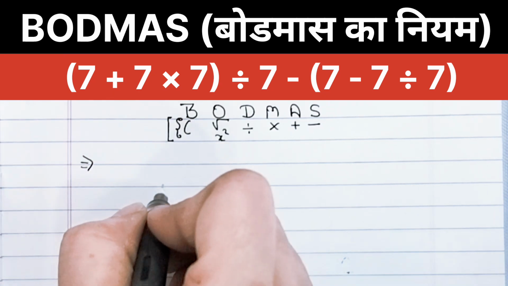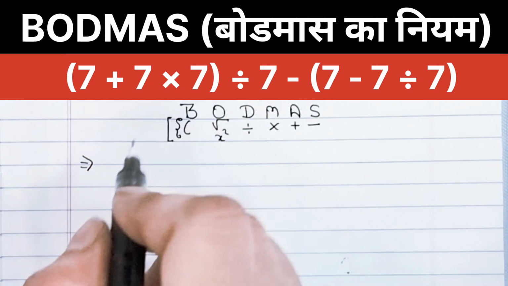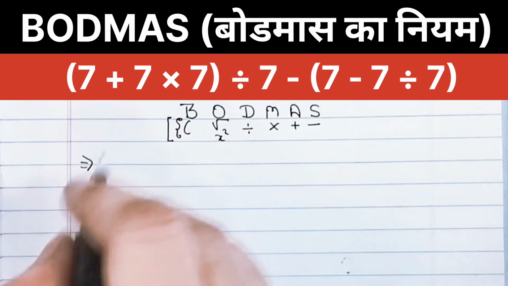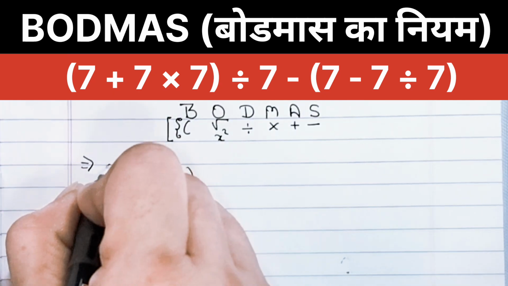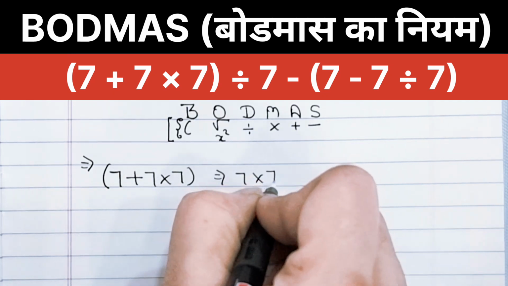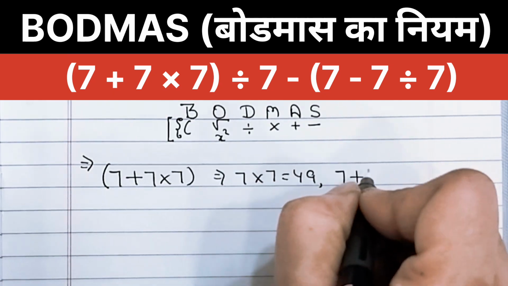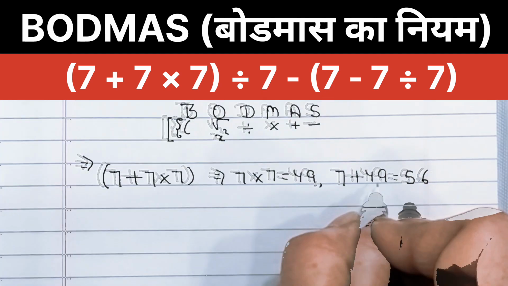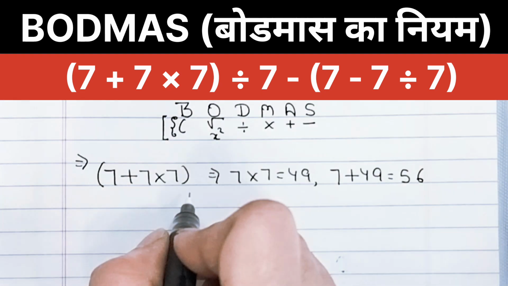Now in step 1, solve the first bracket. As you can see, the first bracket is 7 plus 7 multiplied by 7. So inside this bracket, multiplication comes before the addition. First we multiply: 7 multiplied by 7 equals 49, and after that we add the numbers. 7 plus 49 equals 56. According to step 1, we prioritize the multiplication within the grouping symbol to simplify the term to a